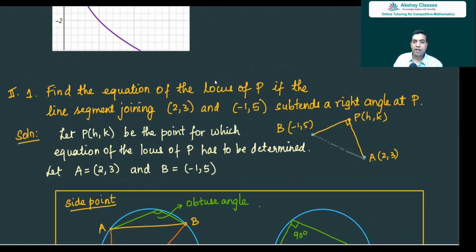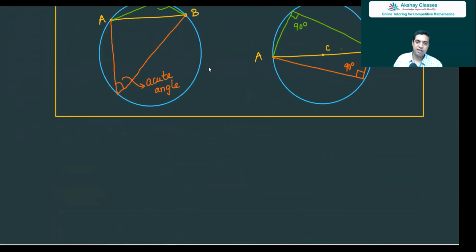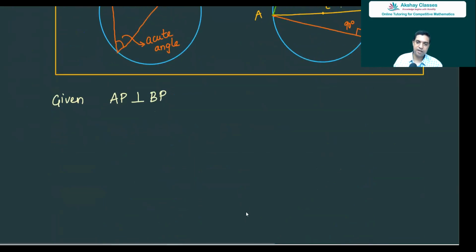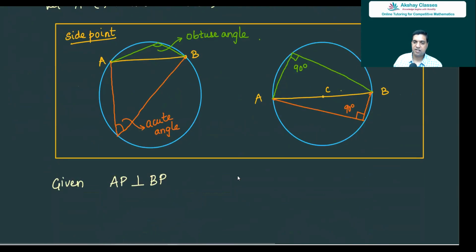Now given that AP is perpendicular to BP, that is angle APB is 90 degrees. Therefore,